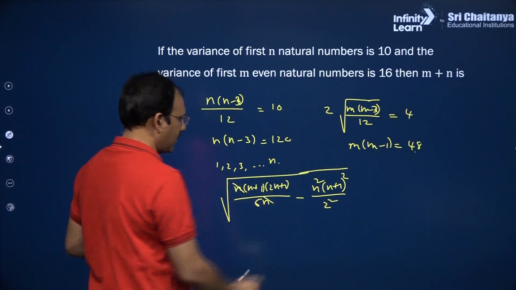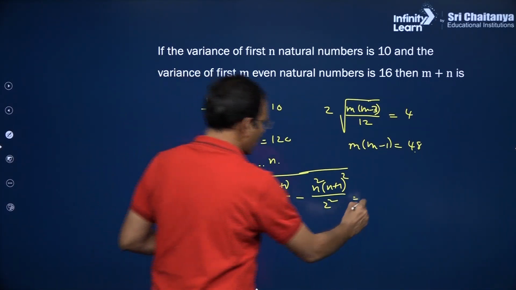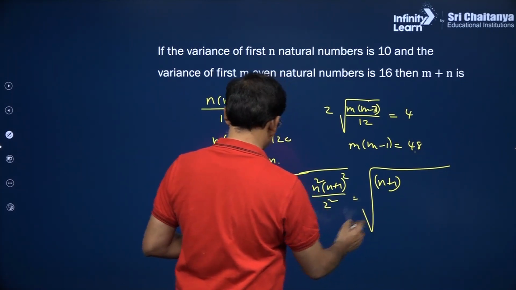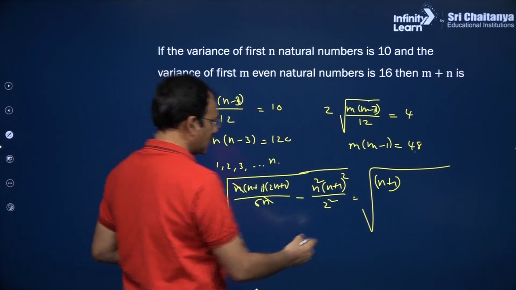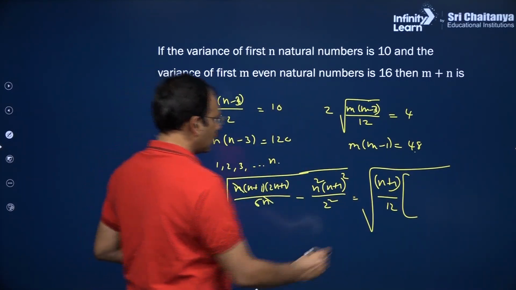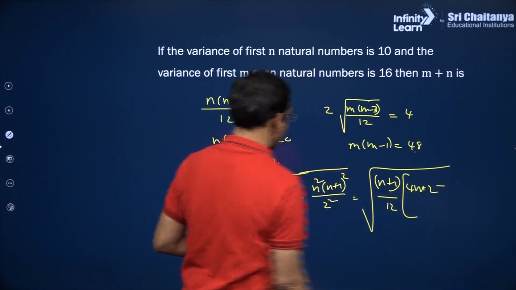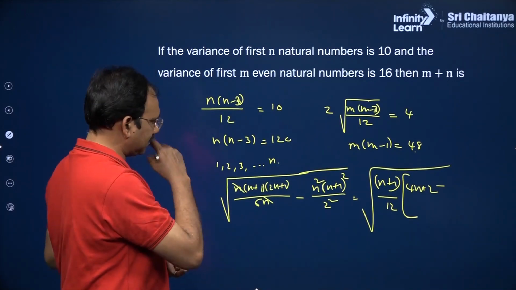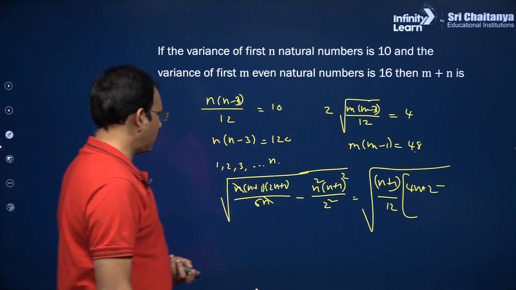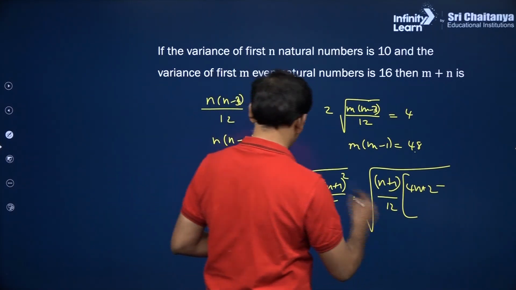So, n gets cancelled, my dear friends, this is 4. So, you can take n square root of, you can take n plus 1 common, my dear friends, n plus 1, this is 4, this is 6. So, you can take 12 common, my dear friends. So, you are going to be 2 into 2n plus 1, that is 4n plus 2 minus of 4 means here you are going to get n into n plus 1 by 2, we have taken n plus 1 common, you are going to get n plus 1 into, you can say,